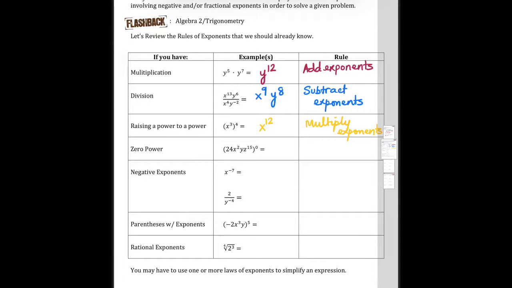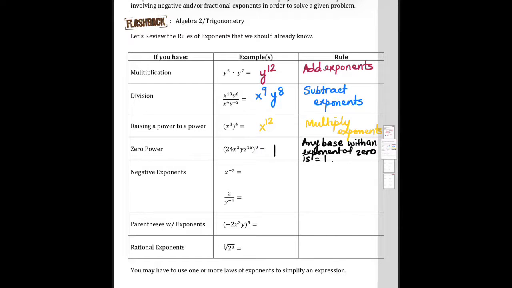Anything raised to a 0 power is always 1. So let's write that down. Any base with an exponent of 0 is equal to 1,